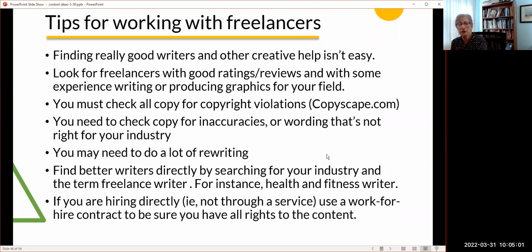If you're working with them, there's Fiverr, there's Upwork, there's Text Broker, another place I found some writers. All of these can be useful, but it is really, really hard to find good writers and creative help. So when you find them, try to keep using the same ones, and I believe in paying them quickly because they seem to like that.